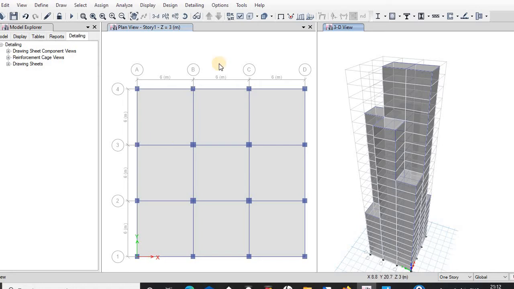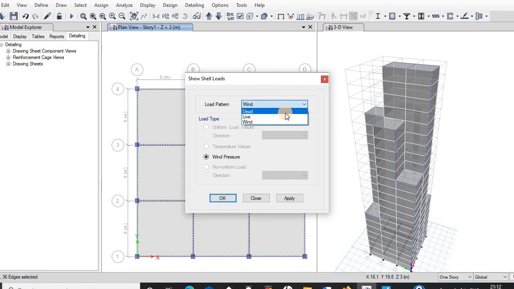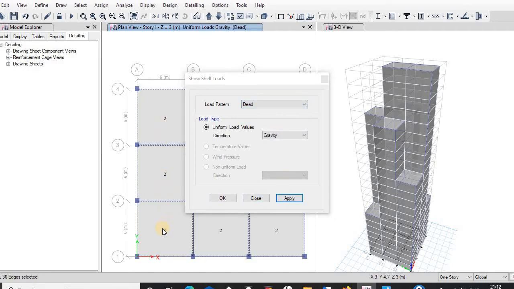For checking the dead load at shells, we can select the shells like this. Here, display shell load assigns. Select dead, apply. This is 2 kN per meter square, which was constant for all the building stories.